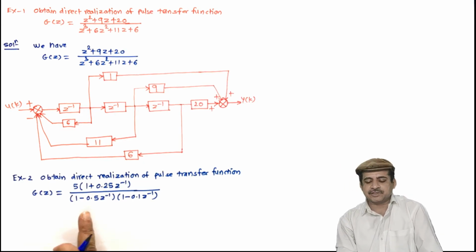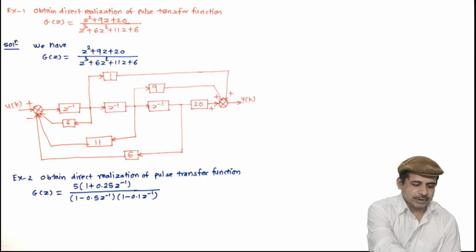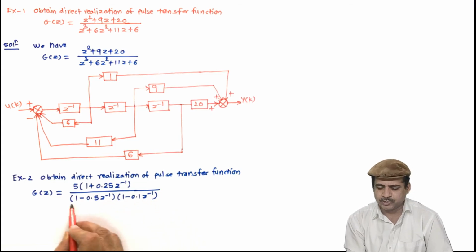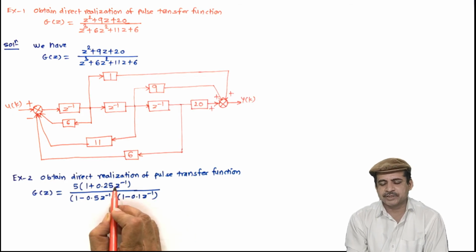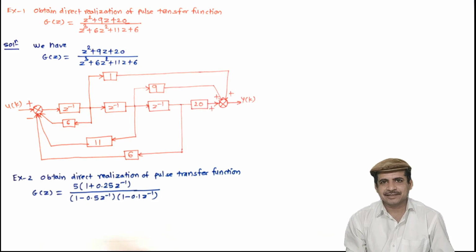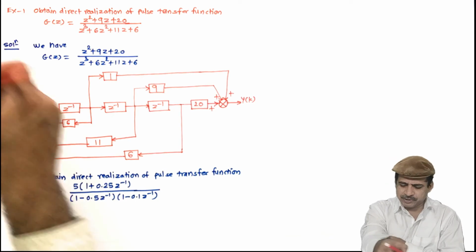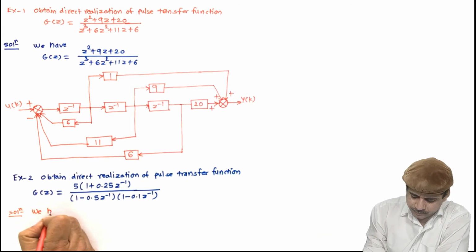So here what is given? The pulse transfer function is given with negative powers of z. So first we have to convert it into positive powers. Even if you look here, this has n equal to 2, because if you multiply this out, the highest negative power of z is 2, and in the numerator the highest negative power of z is 1. So m is less than n, and 2 minus 1 is 1, so the last block will be absent in the forward part. Let us see it, but let us first convert it into positive powers of z.